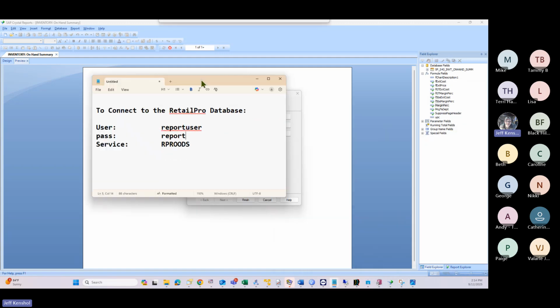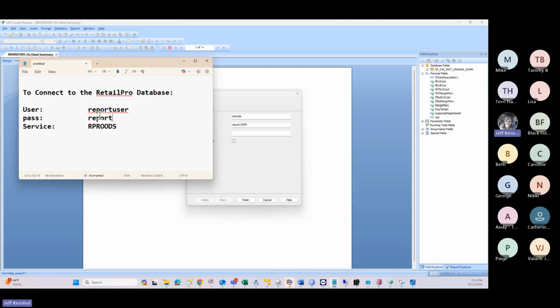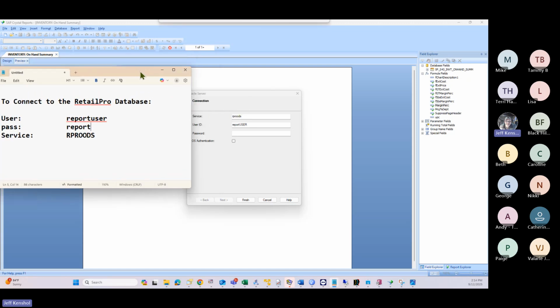I'm just going to throw it up on the screen. So the user is always report user. The password is report, and the service that you're connecting to is a TNS service, and it's RPro ODS. There are 2 O's there. So here we've got RPro ODS in the top for the service. We've got a report user in, and it's not case sensitive, so we don't care how it's typed in. So we just have to add